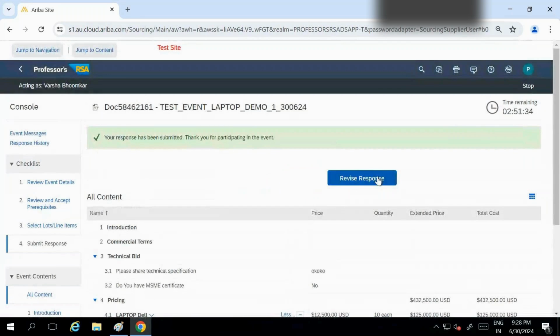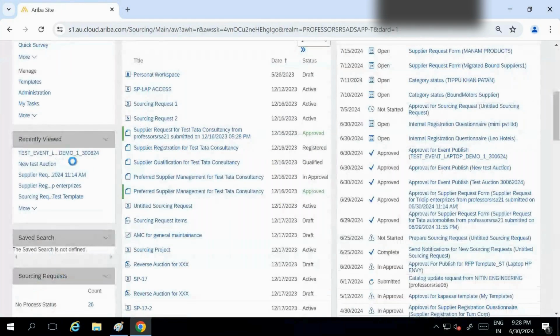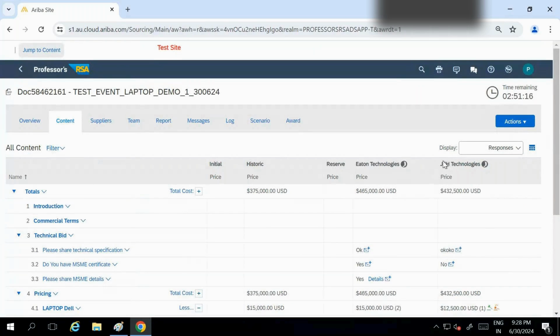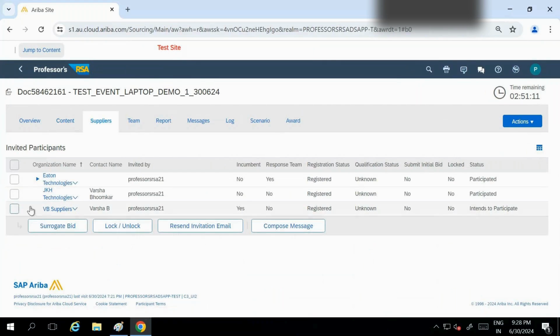See, if you want to revise the response, they will go and change the response within this time. Otherwise, no need to change the pricing. Two suppliers, all those suppliers are surrogate bidders. These have participated, this supplier is pending.